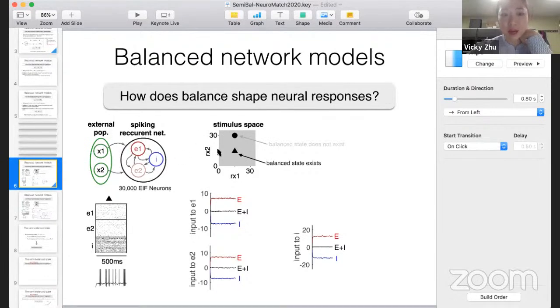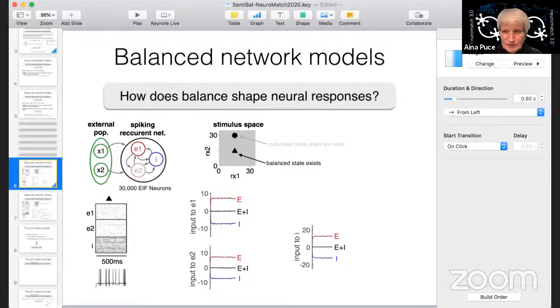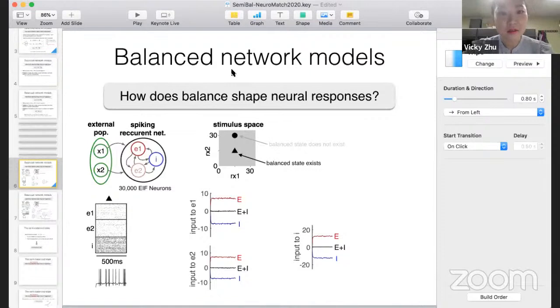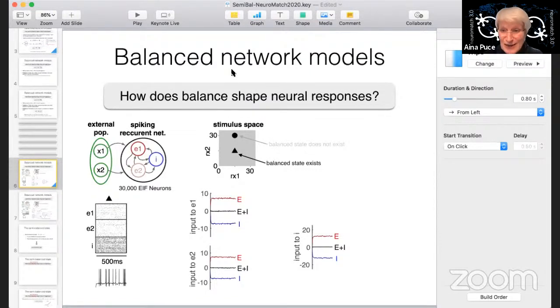So that's how we come with a semi-balanced network. Okay, well, go ahead. Sorry, Vicky, finish. Do you have any? So that, yeah. I was reading that. Yeah, so we are out of time, but thank you very, very much to both you and Michael and Vicky for some really fascinating presentations on nonlinearities in the nervous system and how we can simulate